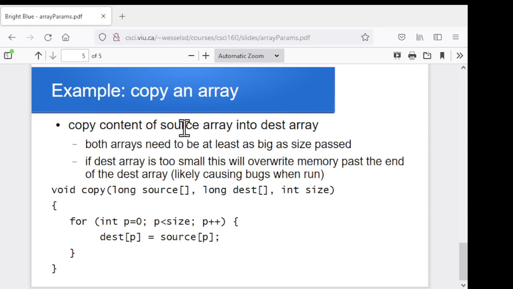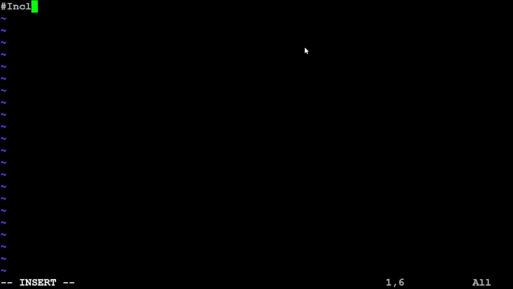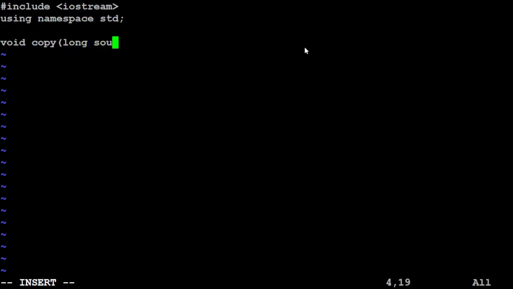Let's go through an example where we do our copy, but we'll experiment a little bit with arrays of different sizes and how we set up our call to this correctly. So let's give that a little whirl here. Let's try copier.cpp. Oops. So I'm going to have my copy function here more or less like we set up: our source array, our destination array, the size that we were expecting,